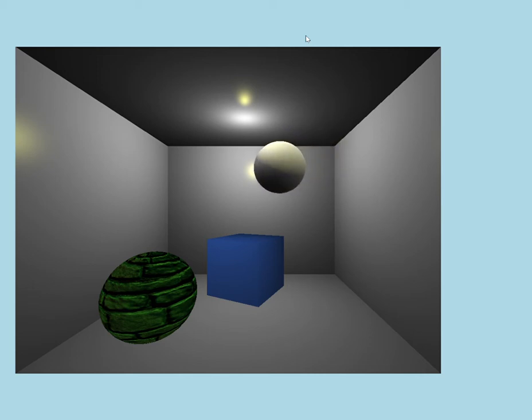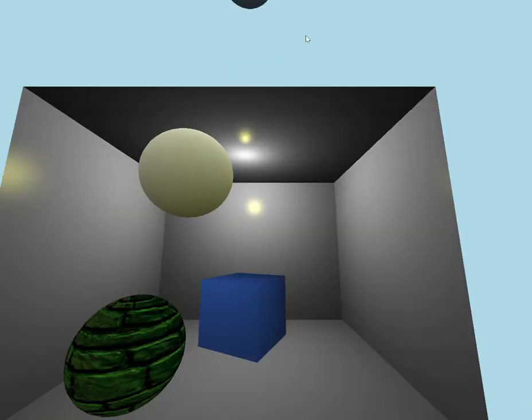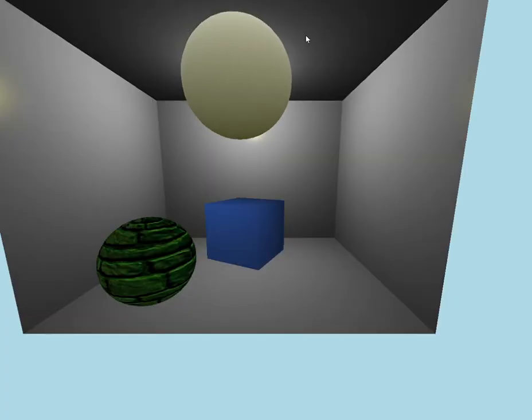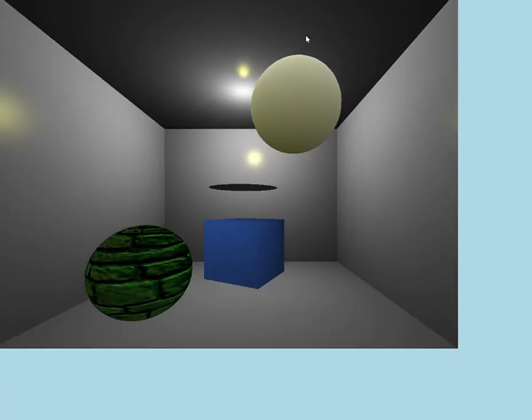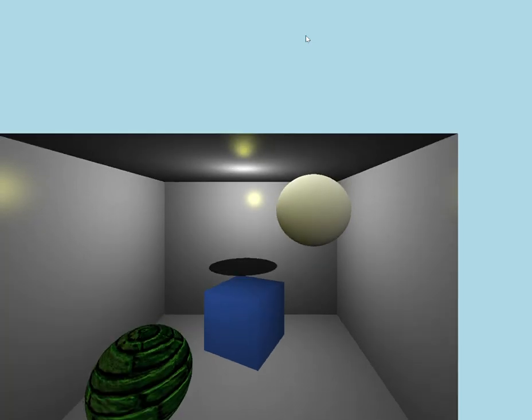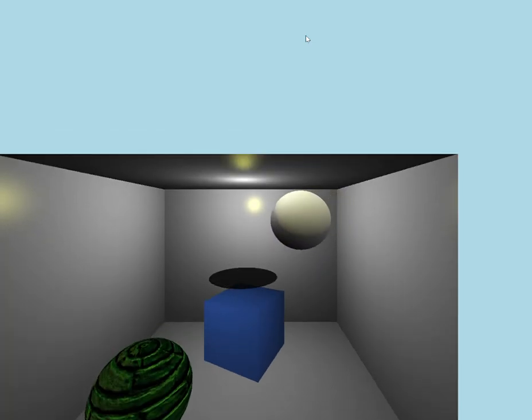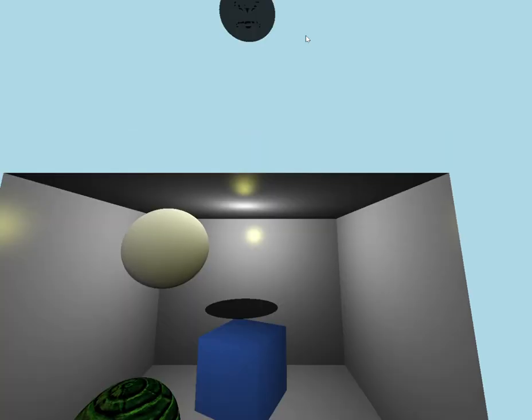shadows, and I wrote a shadow shader, and I tried a couple of different calculations, but my shadows seem to be a little bit off. So if I look up, you'll see that my shadows are sort of in the scene. So there's something wrong with how I've put this together. I've tried to maneuver them to get them on the floor, and it hasn't worked. So you'll see one of my shadows is above the box,